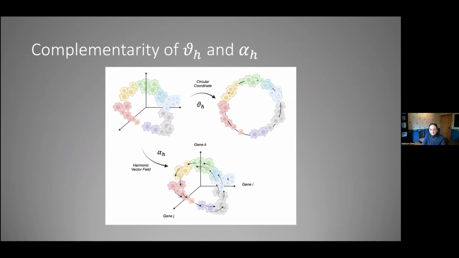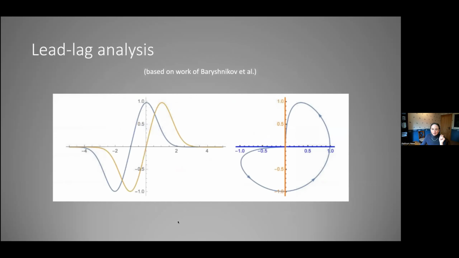But we'd like to nail it down a bit more, become even more quantitative, and that's where we really get more serious about the geometry. So the geometry is already coming in here because we're using these inner products on the basis of 0 cochains and 1 cochains, which are linked to the question of the density of the point cloud. But we really want to get even more serious about the geometry. And that's where we start with what's called lead lag analysis.